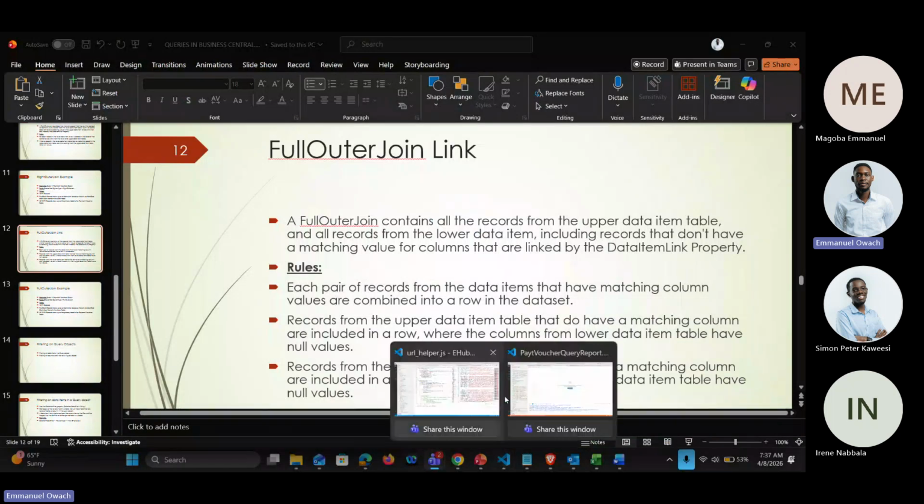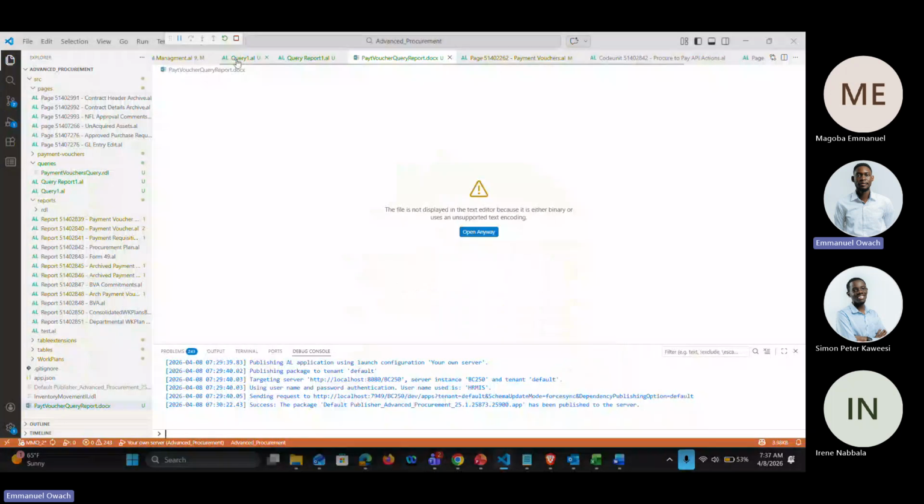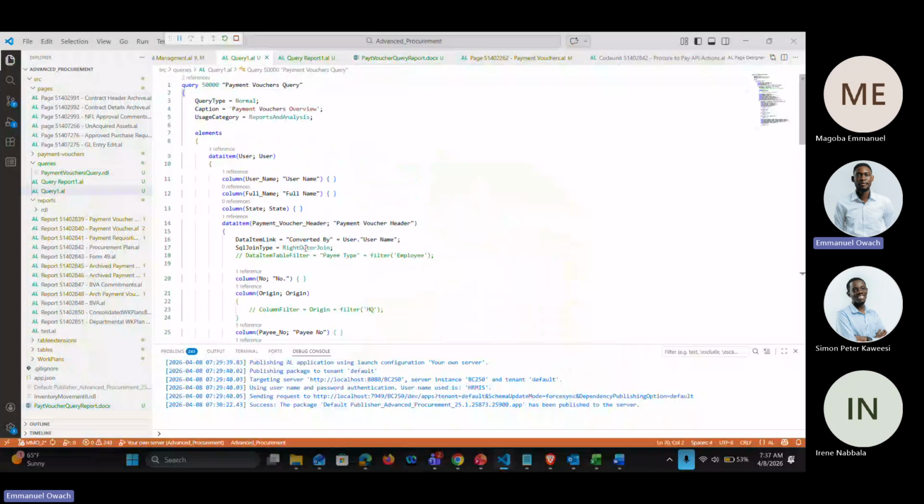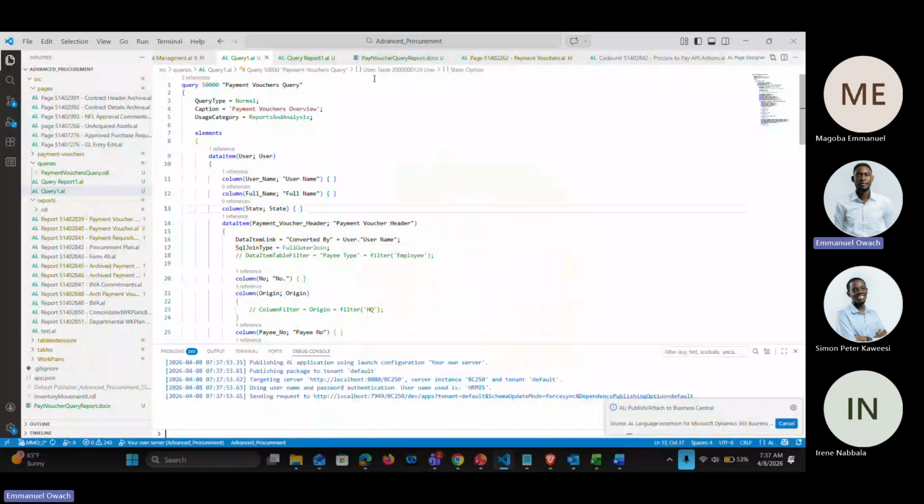If you remember yesterday, how we were doing our queries was that we would just come and change the join type here from the SQL join type property. In this case, we're doing a full outer join. So I'll just change it to full outer join here and then go ahead and publish that. So as it publishes,